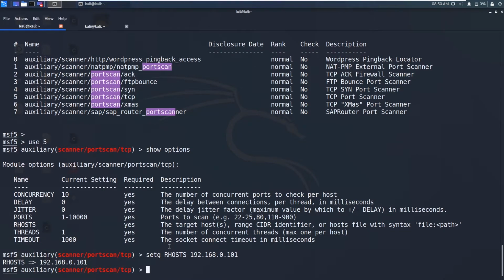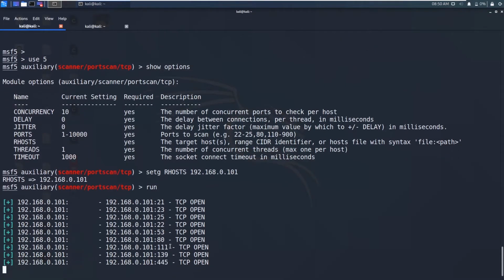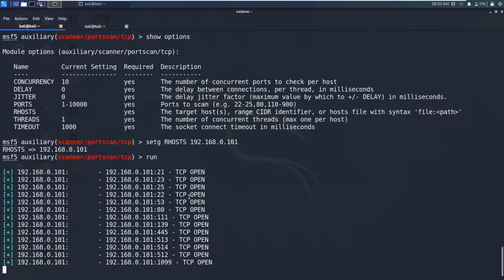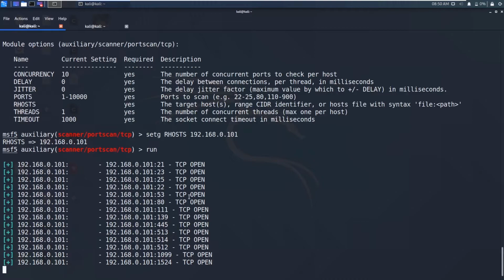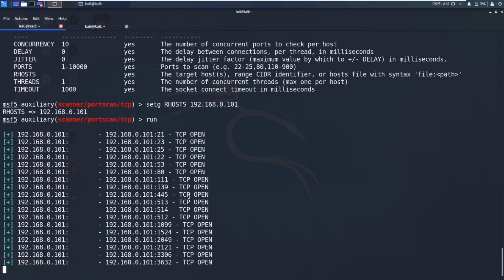Now I can change the ports. You can say run, but just now we are running 1 to 10,000 ports. It may take some time. You can see there are a lot of ports open, which we saw from the db_nmap.